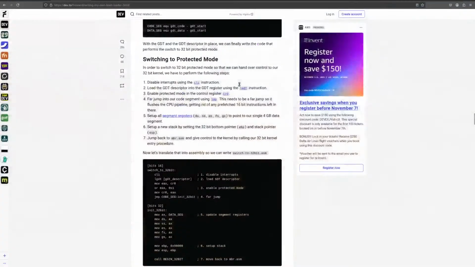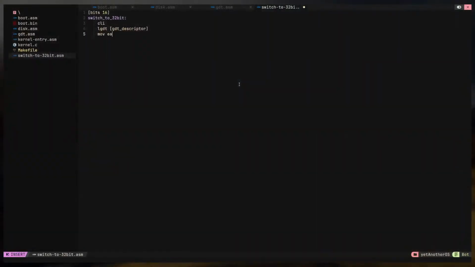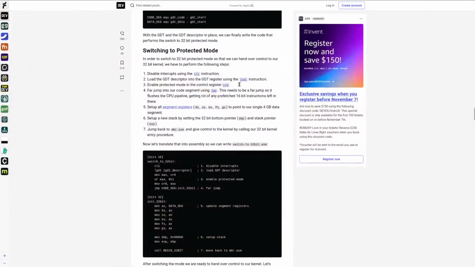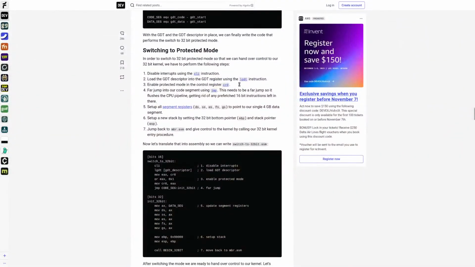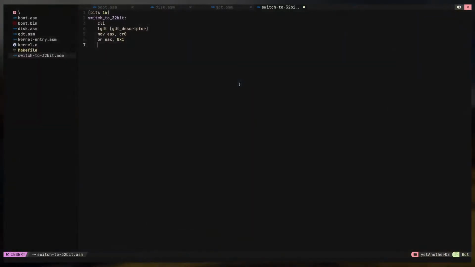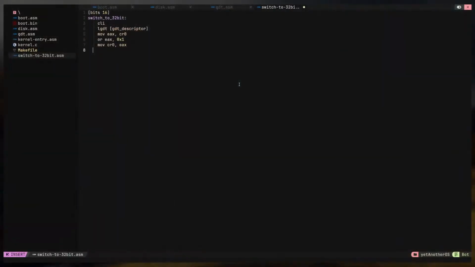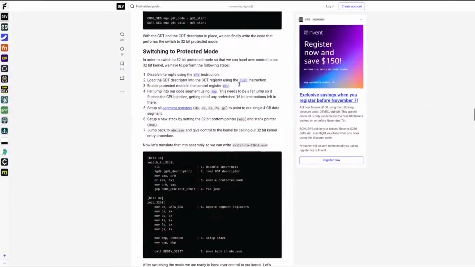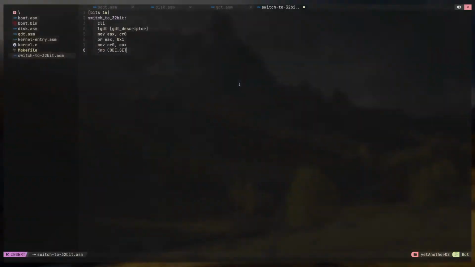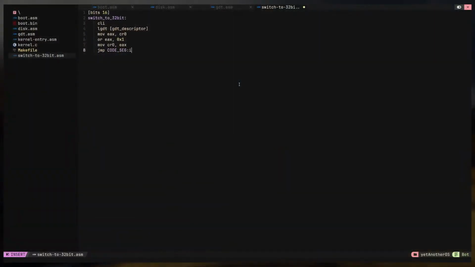and we're going to move the CR0 to the EAX, and or EAX with 0x1, then we move EAX into the CR0, and the EAX, which I think is going to be 0x1, and we're going to jump to code segmentation, and